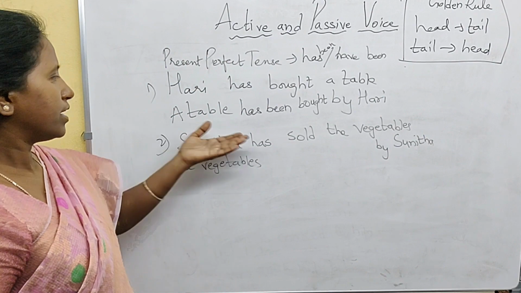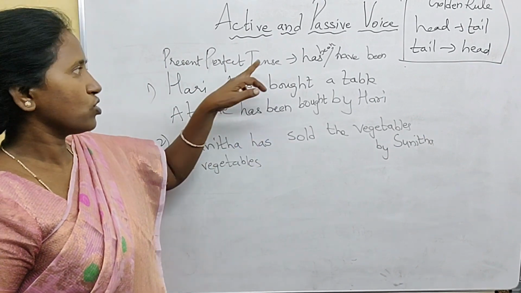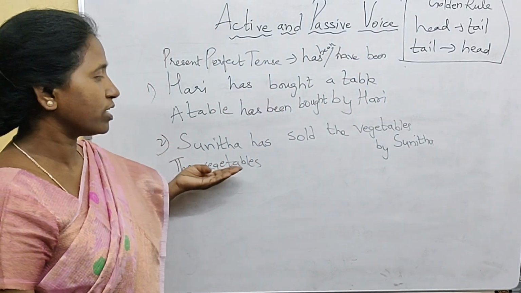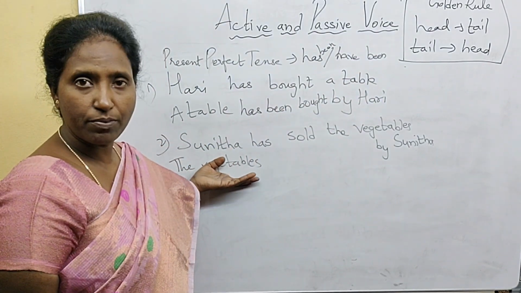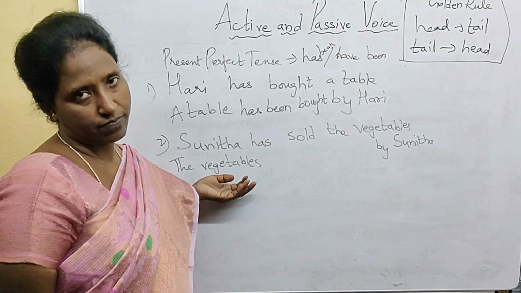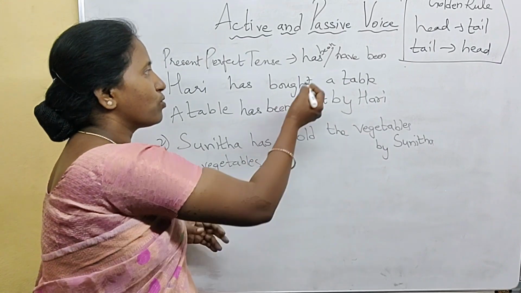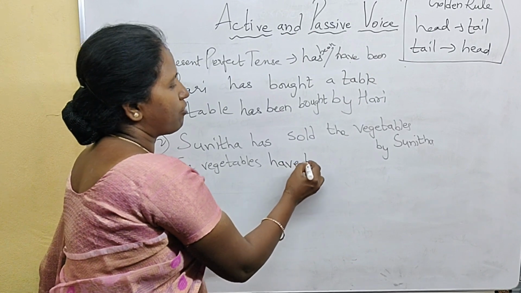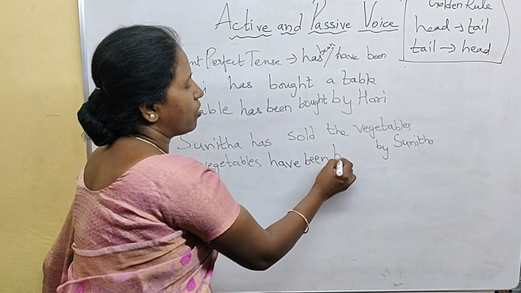Now look, it is in present perfect tense. So your choice is either has been or have been, according to the number. Now if you see vegetables, vegetables is plural. The vegetables, so plural, what will you use? Have. The vegetables have been